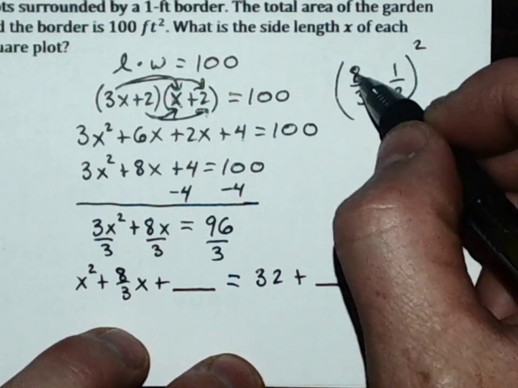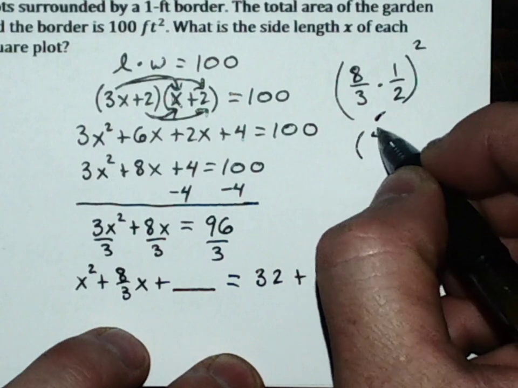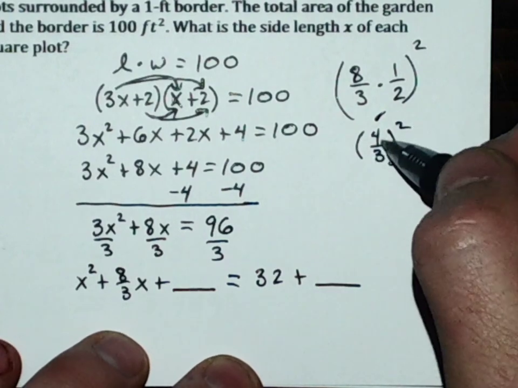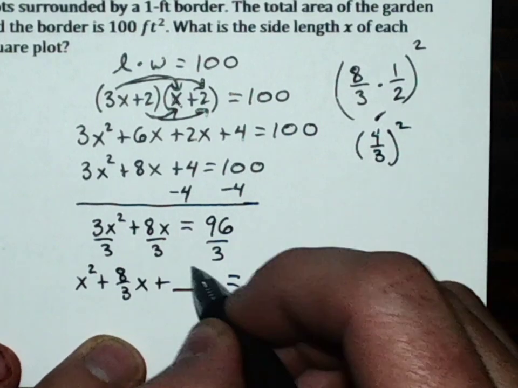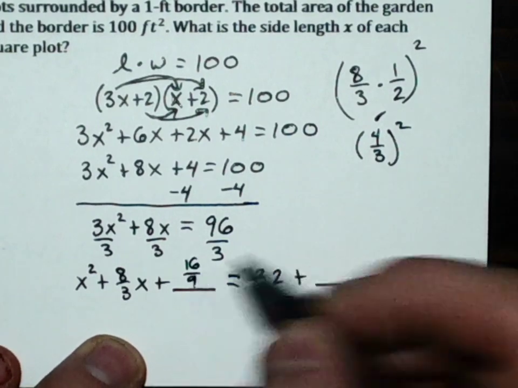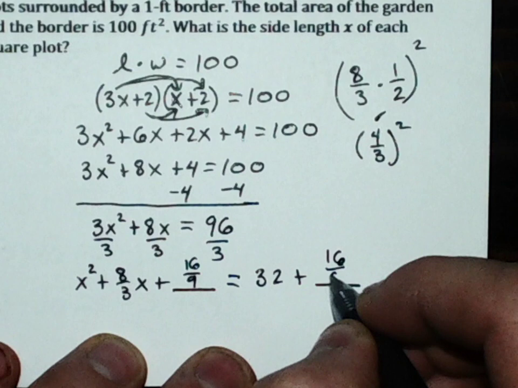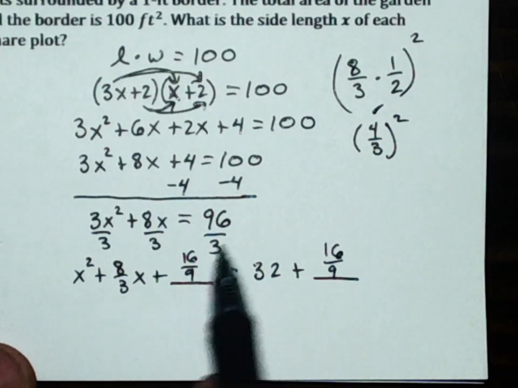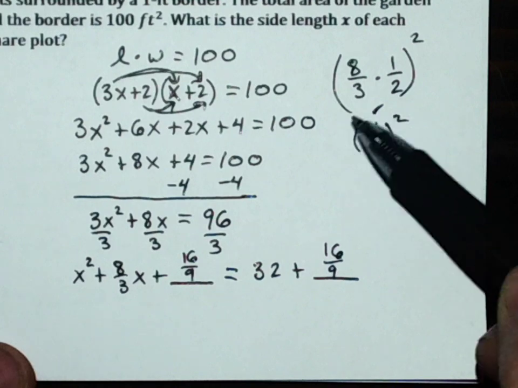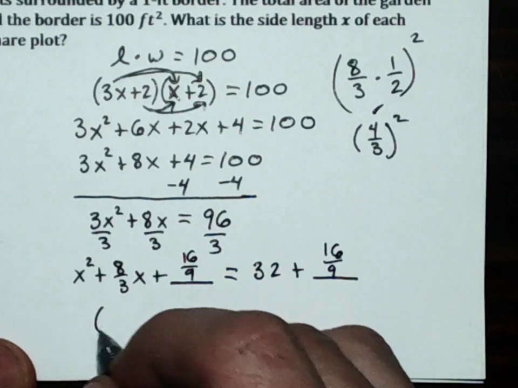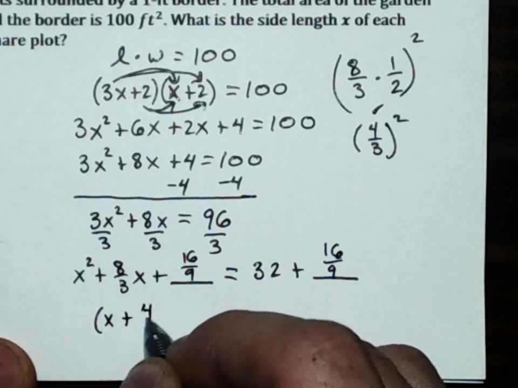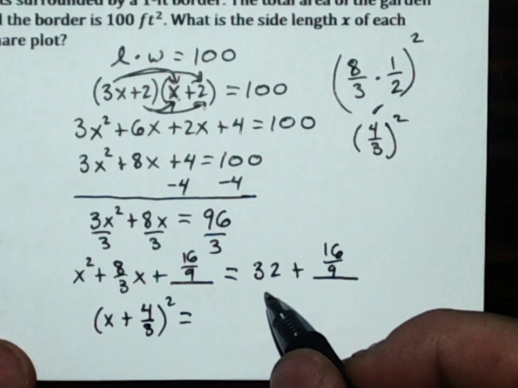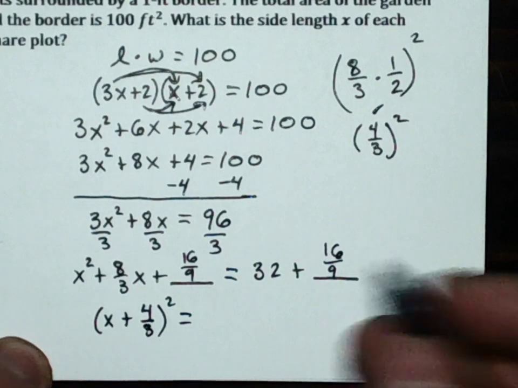Well, half of 8 is 4/3. 4/3 squared, square the top, square the bottom, 16 divided by 9. What did I multiply to get the 16 over 9? I multiplied 4/3. So this becomes x plus 4/3 squared equals, and 32 plus 16 over 9 is